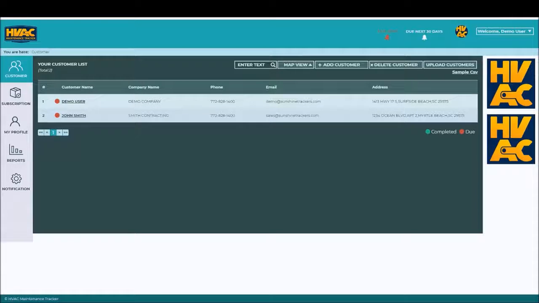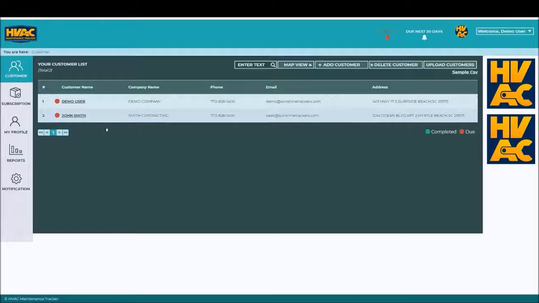Today we're going to discuss reporting, how the system will alert you when things are due, when upcoming events are going to happen. And that's really the whole reason of having this system, is to know when things are due, so you don't have to search. It'll just tell you. So once you put in the customer and then you put in the properties, you add the equipment and so forth,